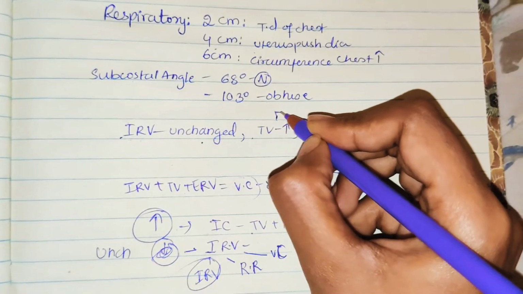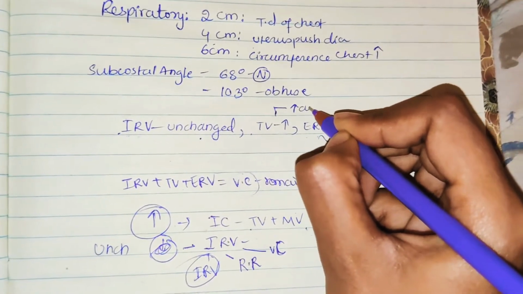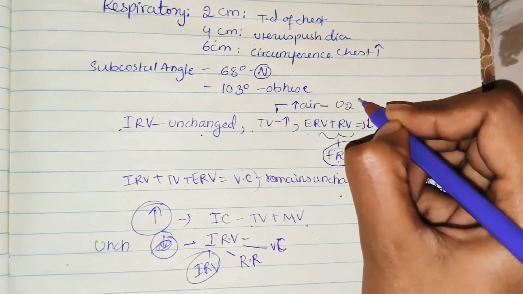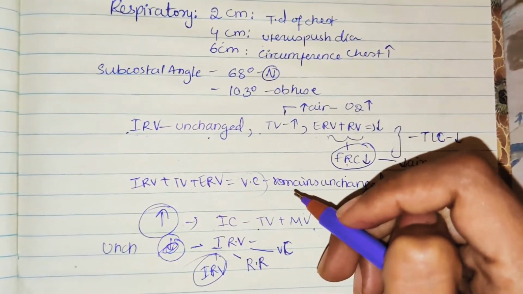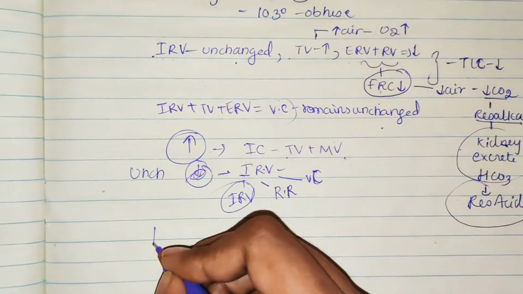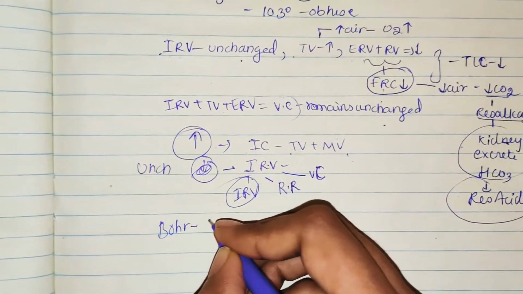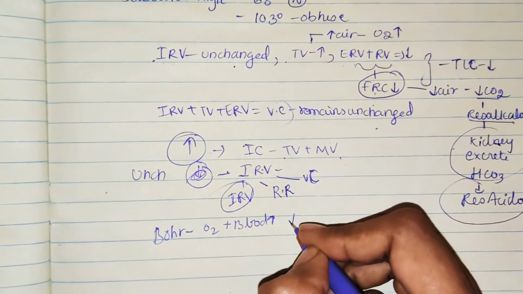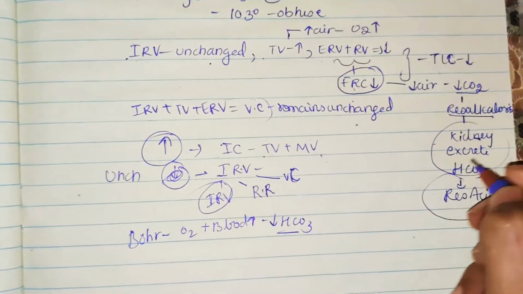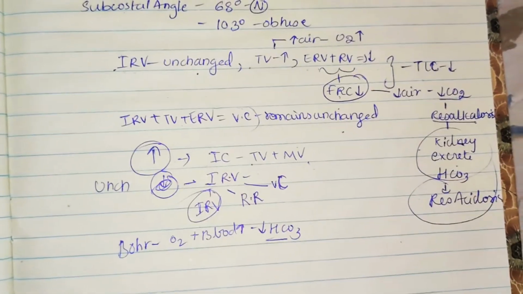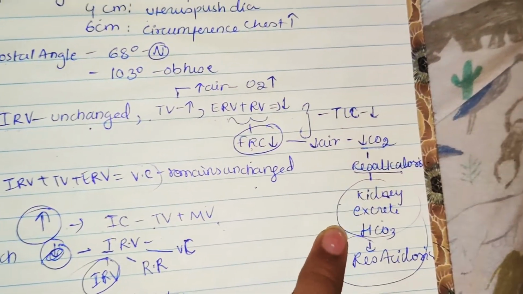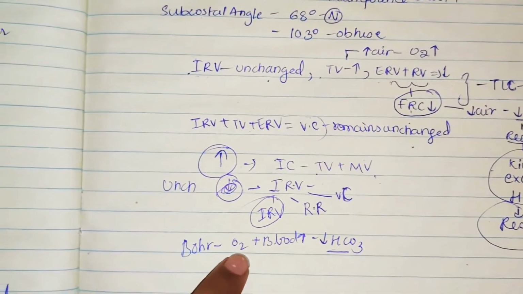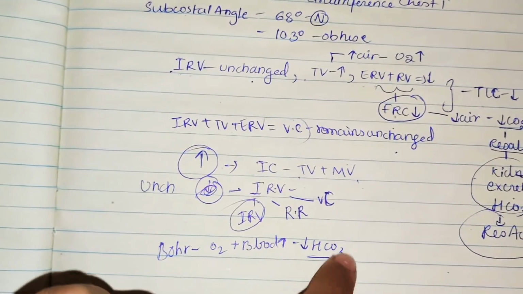Next, coming to tidal volume. If tidal volume is increasing, then the amount of air is also increasing in the lungs, right? So this is leading to blood oxygen levels increasing. This we need to understand in tidal volume. Next, there is another effect, the Bohr effect. The Bohr effect says that the oxygen binding capacity of the blood increases due to decreased bicarbonate. Here we discussed that the bicarbonate is decreasing because the functional residual capacity is dropping. So the oxygen binding capacity of the blood is increasing because the bicarbonate is dropping.